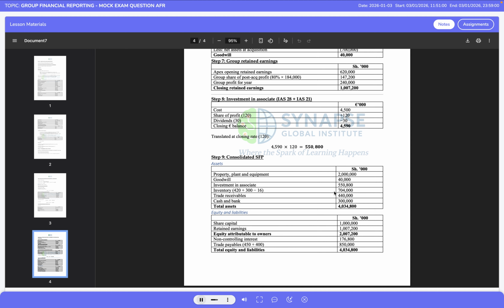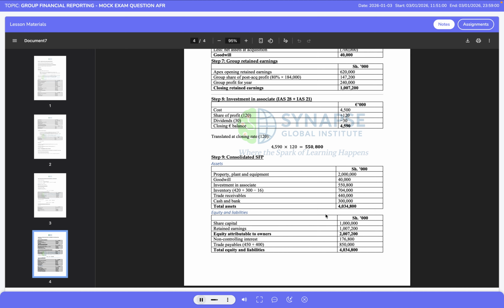Property, plant and equipment is the sum of Apex Ltd's and Zenith Ltd's balances, giving 2 million shillings. Goodwill of 40,000 shillings is added, along with the investment in associate of 550,800 shillings. Inventory is adjusted to remove the unrealized profit, giving a consolidated balance of 704,000 shillings. Trade receivables total 440,000 shillings, and cash and bank balances total 300,000 shillings. Total assets therefore amount to